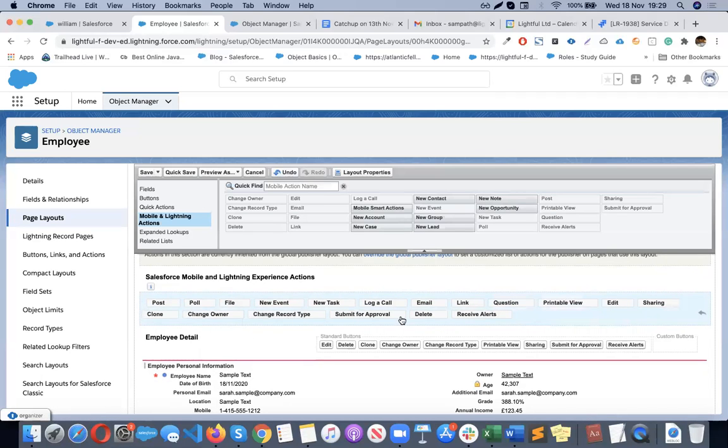Clone, change owner, submit for approval. Some buttons are not visible, depending on the permissions. We don't have any approval process, that's why the approval button is not visible, but again, we can remove it. Receive alerts is not useful at the moment because it is a different functionality that is not visible. So now if I save it,